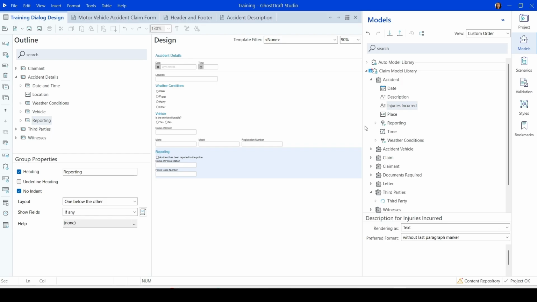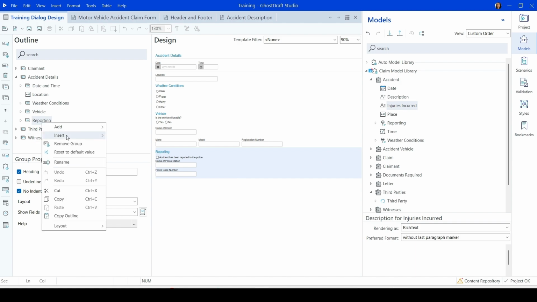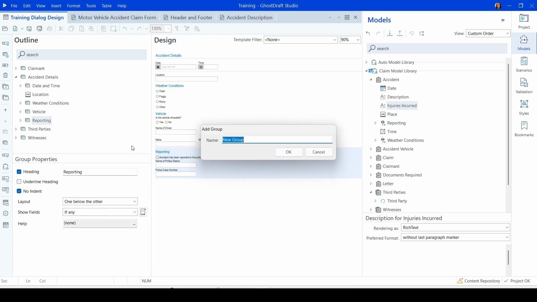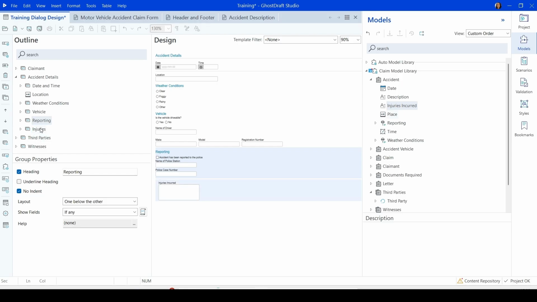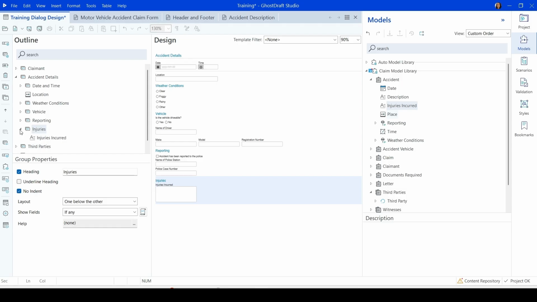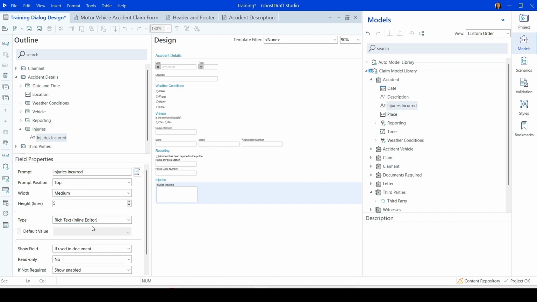an inline editor. To do this, let us right-click on Reporting and insert a new group below, calling it Injuries. Once this group has been created, we can drag Injuries Incurred into the newly created group. To configure our group, we will select to show the heading with no indentation. Expanding on the group and selecting Injuries Incurred, it has already defaulted the type of it to be an inline